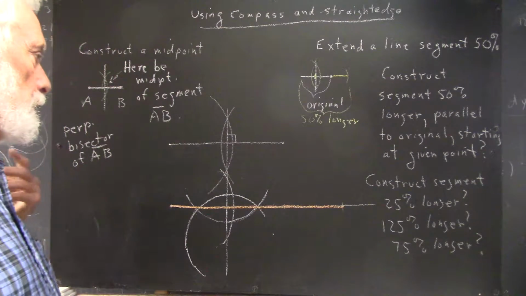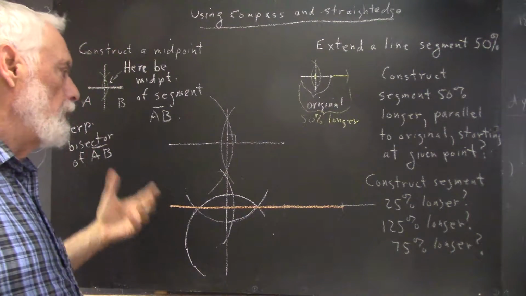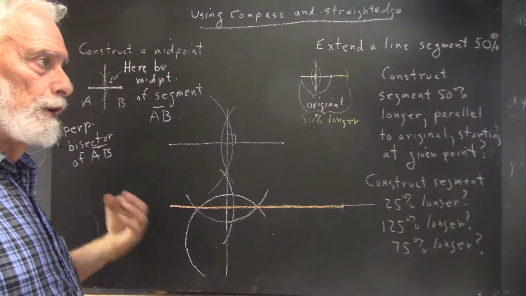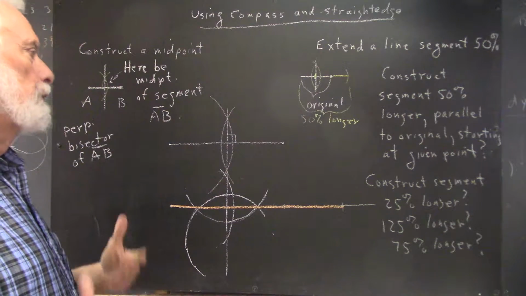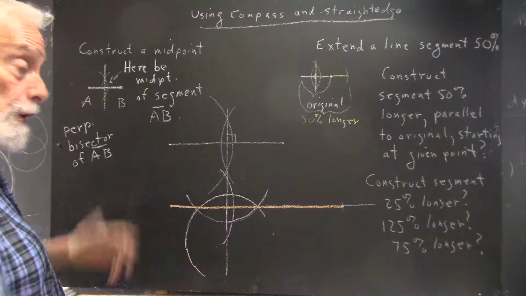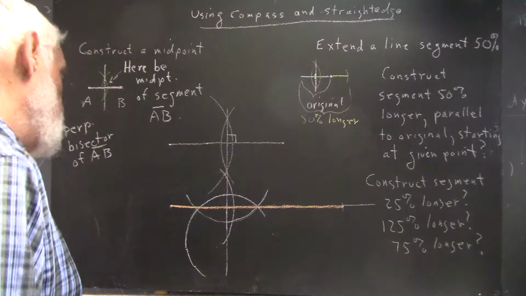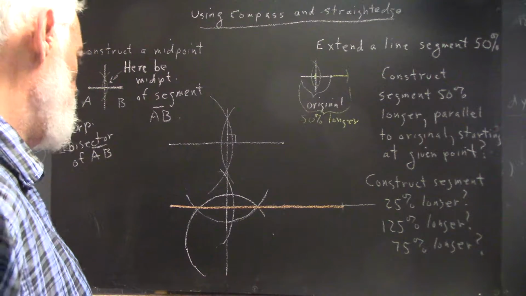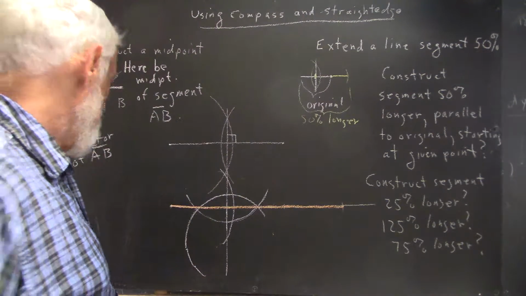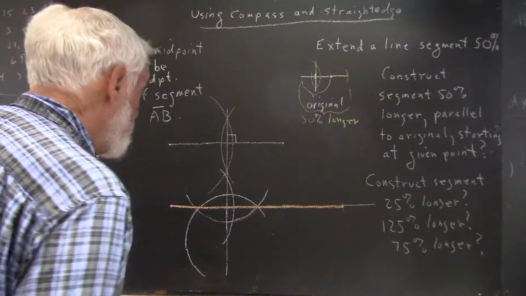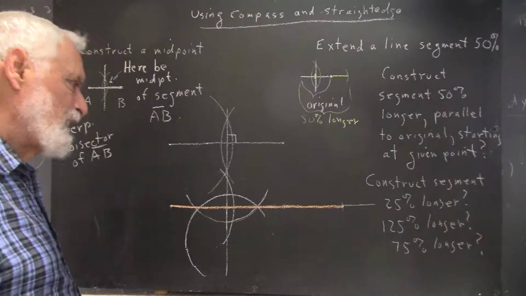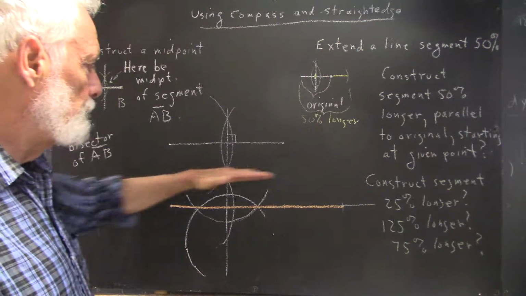So, when we get done, we're going to guarantee that if our construction has been done with 100% accuracy, we have a line that's 100% parallel. Again, in the real world, it's not possible to be 100% accurate. And with the instruments I'm using here on the board, it's even more difficult to be 100% accurate, to be even accurate to within what we can see with our eyes. Okay. Well, anyhow, I construct this segment, and now I want to construct a line that's not only perpendicular to